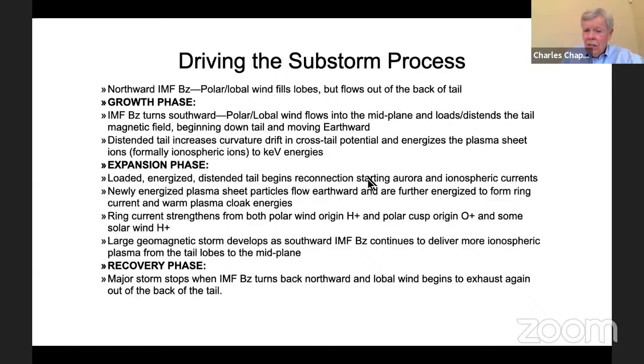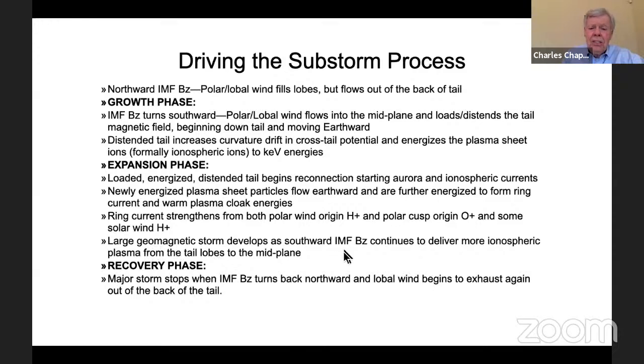That's being studied, all the reconnection part, by MMS in a lot of really nice detail. It starts the aurora, starts the ionospheric currents flowing, gives you the magnetic signatures in the auroral zone, those sorts of things. And then the newly energized plasma sheet flows earthward and is further energized. The ring current strengthens so that both polar wind H+ and polar cusp O+ are dominant in it over the solar wind. And this large storm can